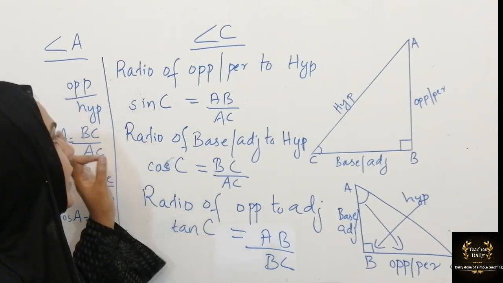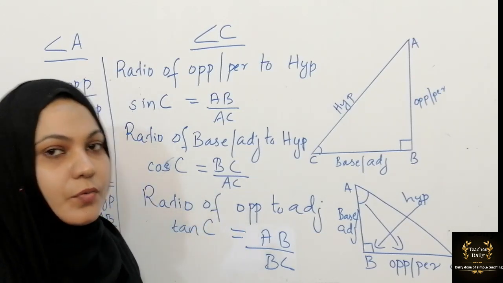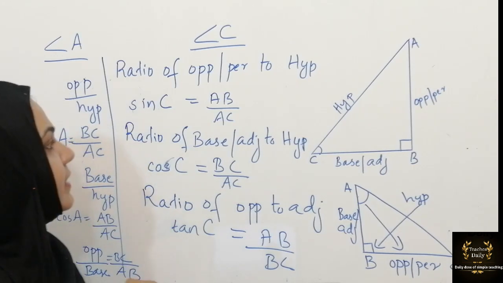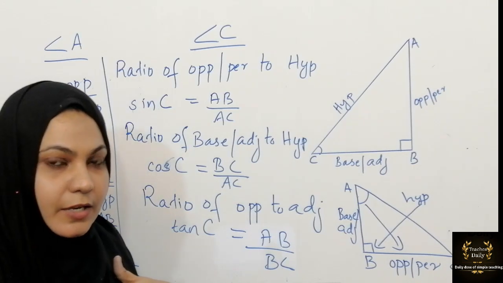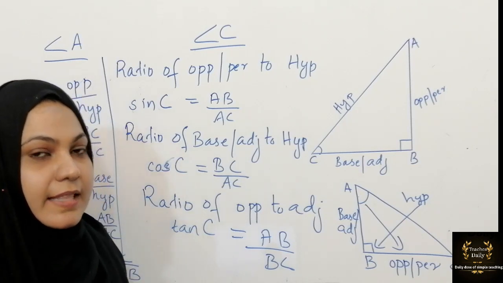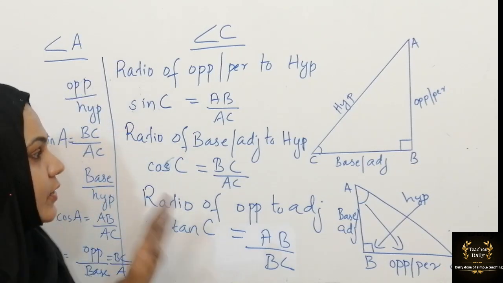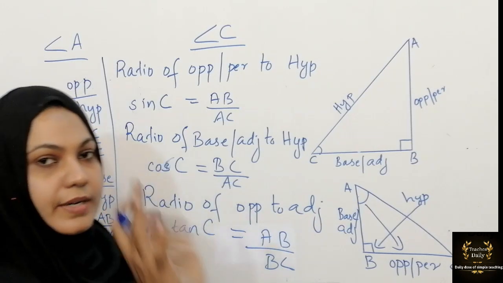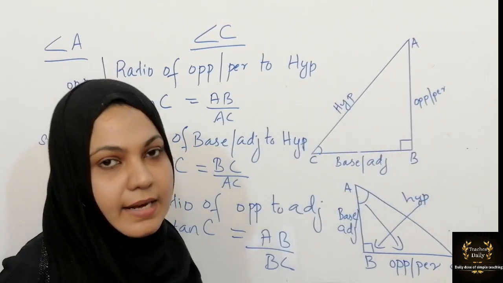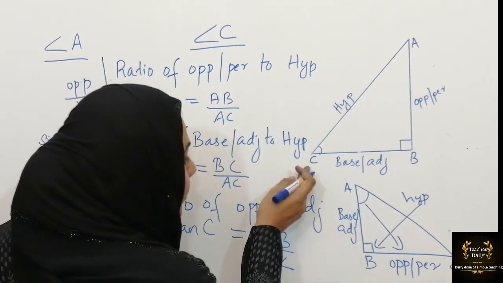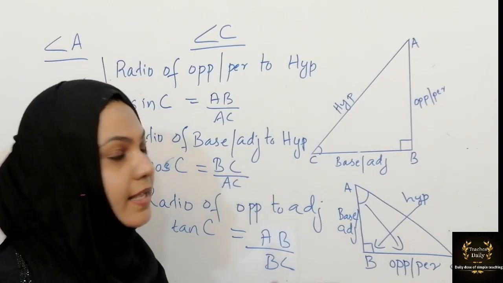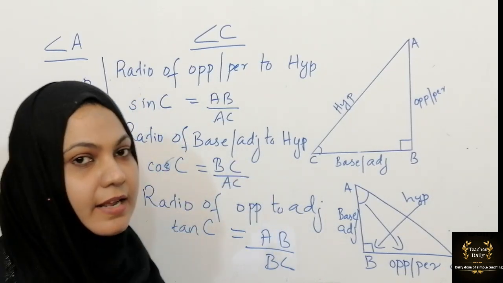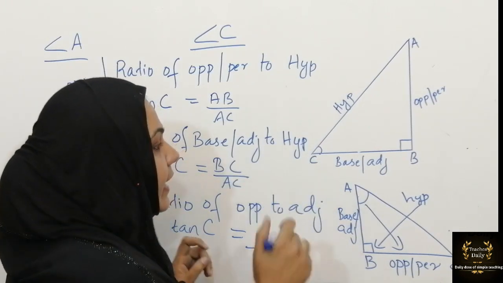If you make a mistake in choosing the reference angle, you will lose the marks. That's why ma'am is telling. So when I am repeating, you have to repeat along with me. That time it will be easy for you. So this way I chose 2 reference angles for avoiding confusion. Definition for all the 3 are same. But according to the reference angle, positions are changing. So you have to concentrate while taking the reference angle and drawing.